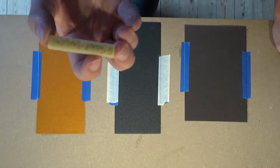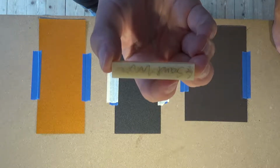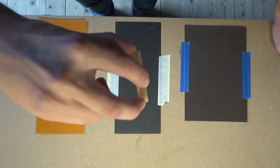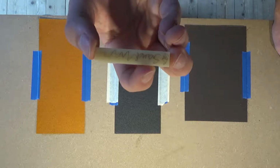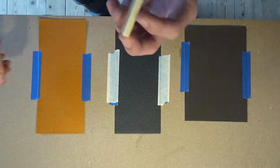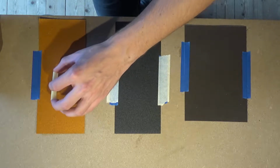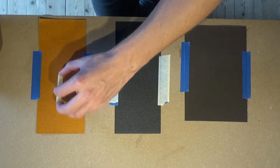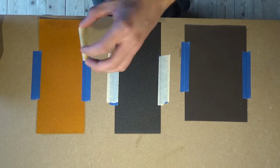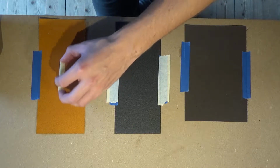And I've marked one side of the knot here. I've just written sand on it because I know it's the side that I'm going to face down when I sand on the sandpaper here. So I'll just keep that in mind, and when I sand, I'm making sure that I have nice even motions, not pressing too hard or holding too lightly, just making sure that I run it across the sandpaper. And let's say I do 15 or 20 strokes up and down and count them loosely or somewhat,